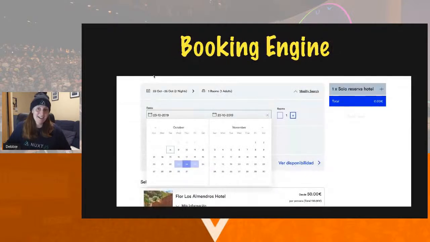But we have a booking engine, right? So you're looking down, okay, I can book a hotel. I can add some dates in, how many adults, etc. So I can reserve a hotel, search for a hotel, add a hotel, add extras such as T-shirts, check out, and receive confirmation of purchase. That's interesting. How can I do that in a static site?